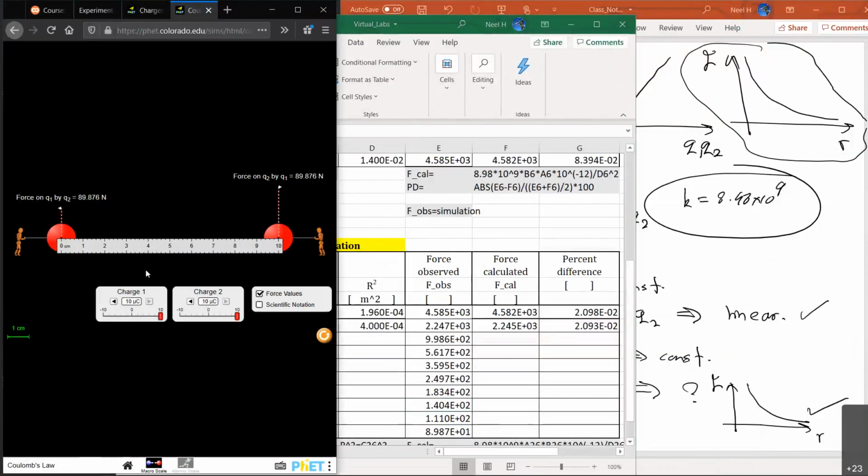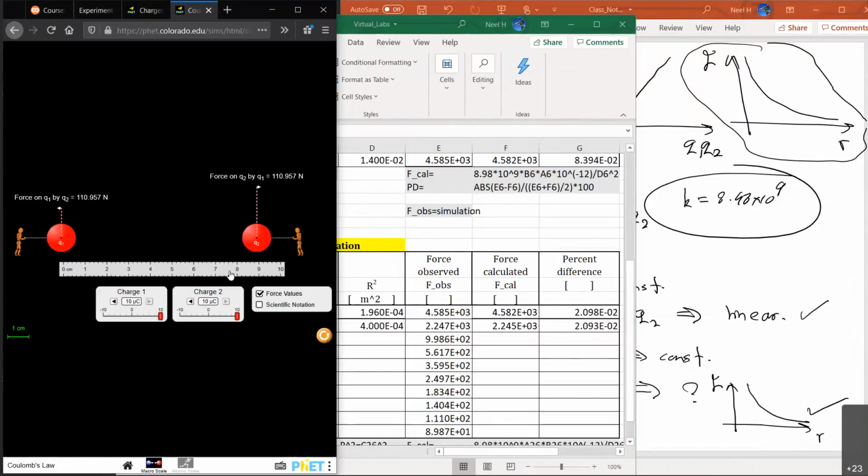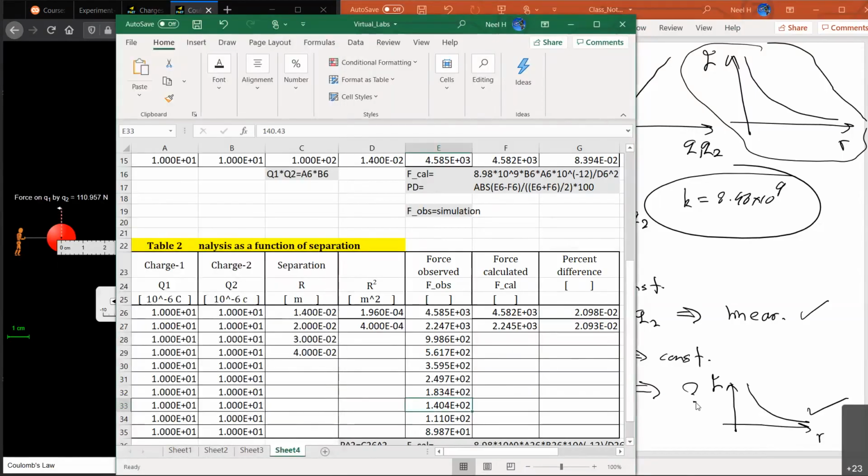When you are measuring, the midpoint of the charge should be at that location. You can see the charge is a large, circular object. When you bring the meter ruler, we are measuring midpoint to midpoint. You can see this small black dot, that is the midpoint. You have to measure between those two dots, black dot to black dot, in the middle of the charge. If you're not measuring that correctly, then you might get the wrong answer.